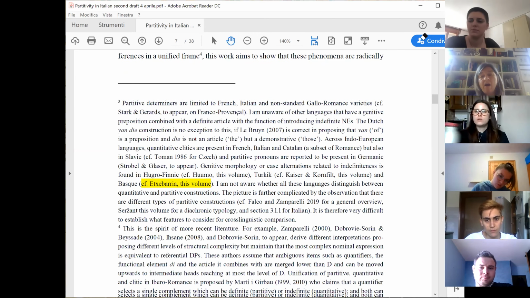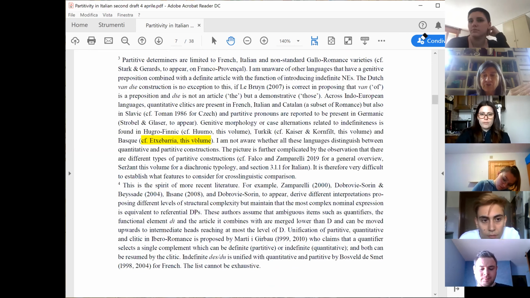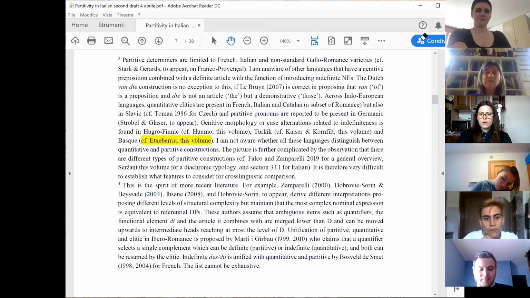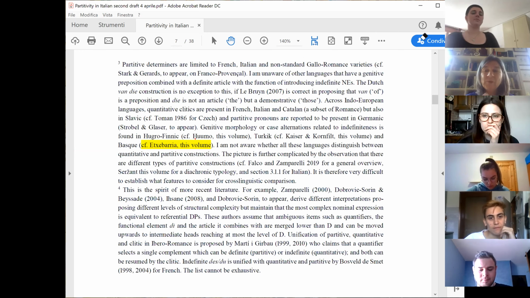I have this long footnote with some references because the reviewer said, well, you are building on French, you are just quoting Milner, you are quoting Jackendoff on English, which is 1968. Milner is 78, it's so old, there is a huge literature. If you are building on French, you should be more fair. And I say, you're right, but there are so many things to quote, okay? So here is a footnote that says there are lots of things to be quoted.